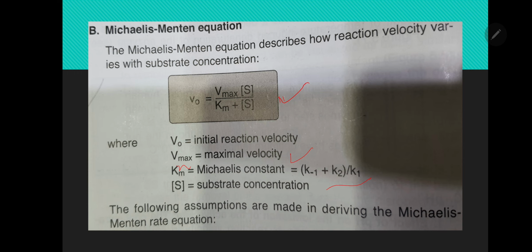There are certain assumptions that are made in deriving the Michaelis-Menten equation. Well, we are not going for the